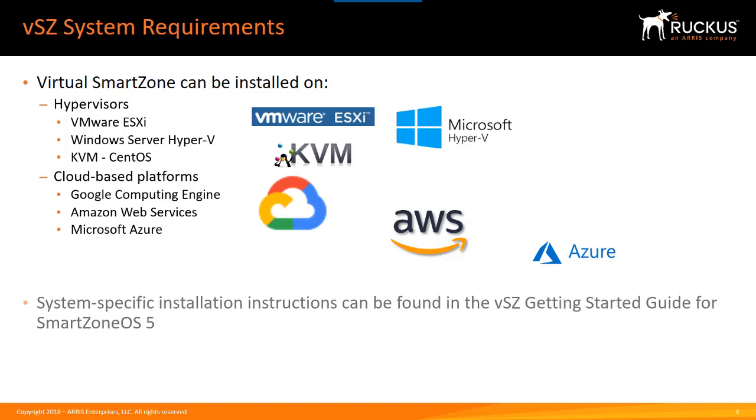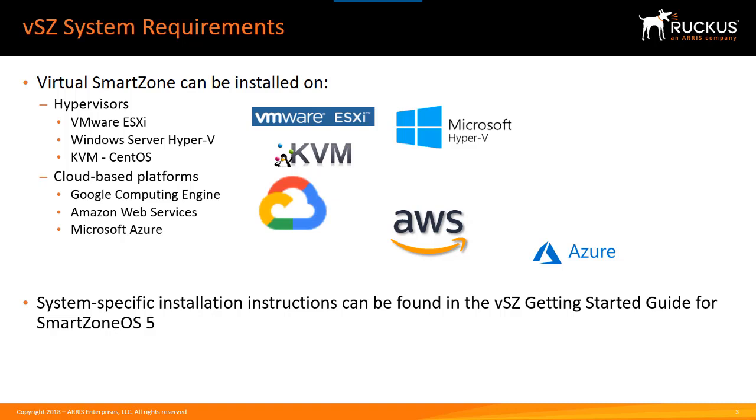Each of these platforms has some specific requirements that must be met for proper operation, so be sure to review the Virtual SmartZone Getting Started Guide for Release 5 before installing, as there are several variables to factor in, including, but not limited to, the number of virtual CPUs, memory, and hard disk space. And keep in mind that these factors are based on the number of deployed devices that will be managed by